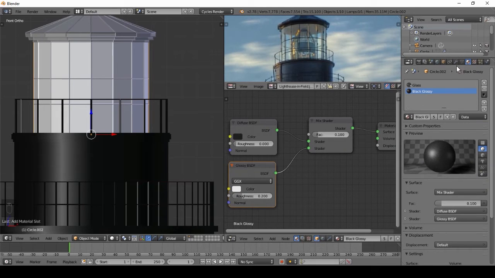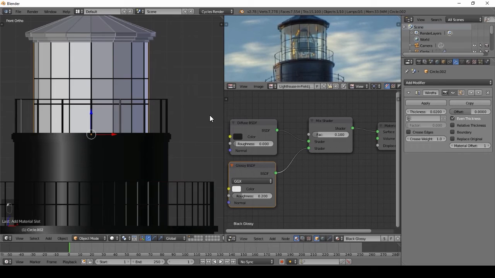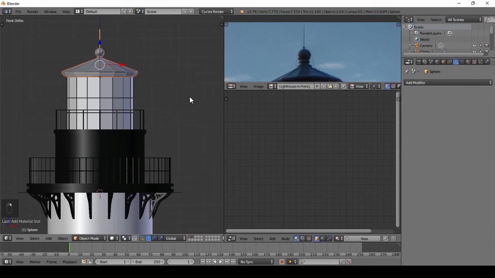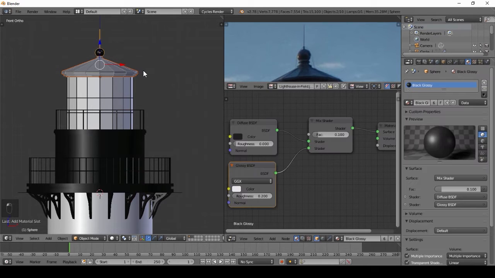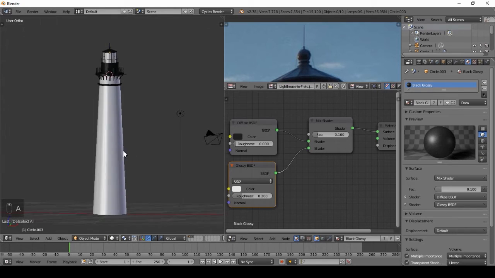why I did that. Come over to the modifier and click this little material offset to 1, and the wireframe will have the black glossy material. That's exactly what I want. And then two of these have the same material. So black glossy, and then this one black glossy. Awesome. And right now, if we were to render it, you wouldn't be able to see the texture, and that's